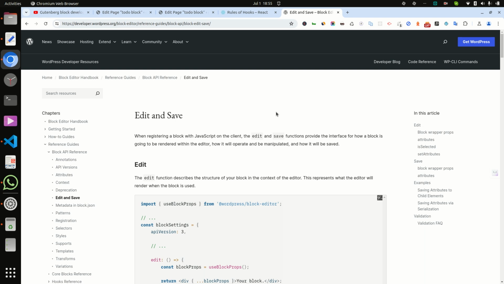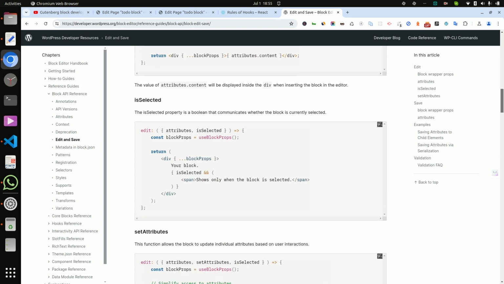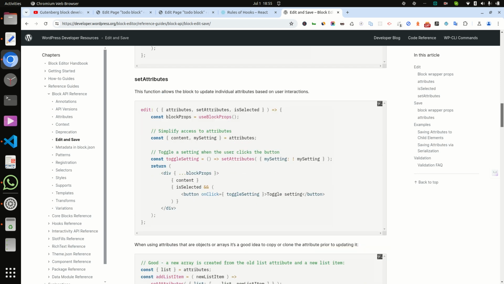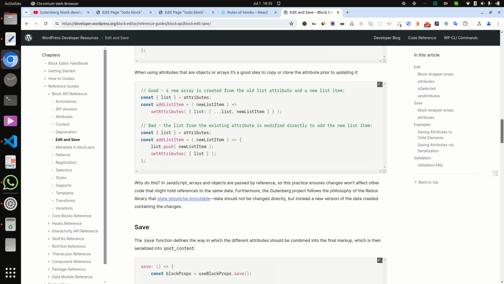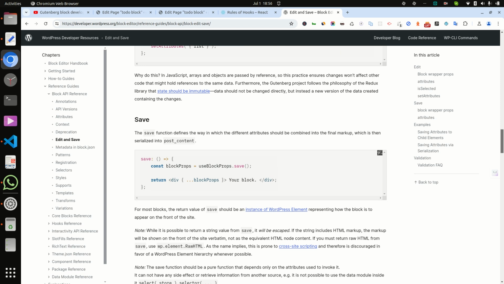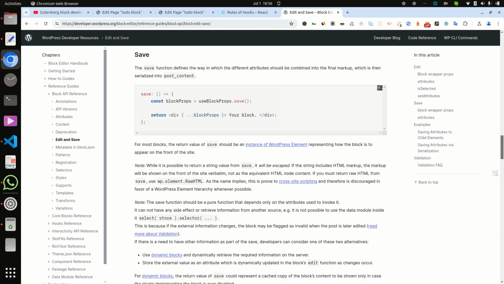It is proper documentation, so we can use that, and useBlockProps here, and in the set attribute or save.js, basically it provides the post content.